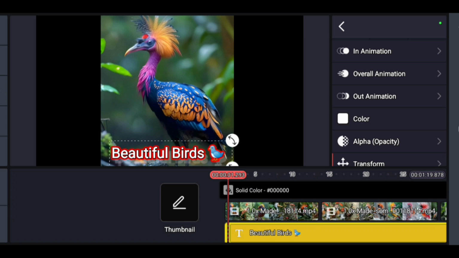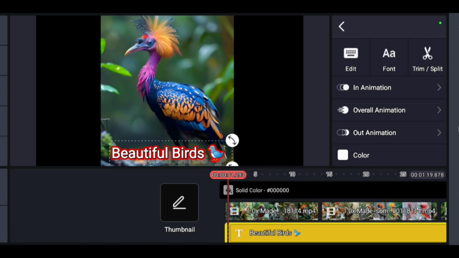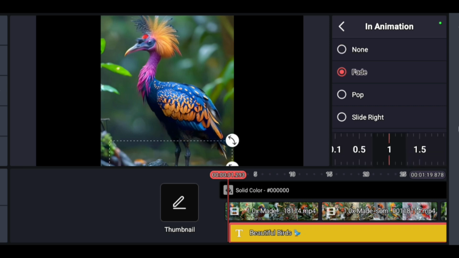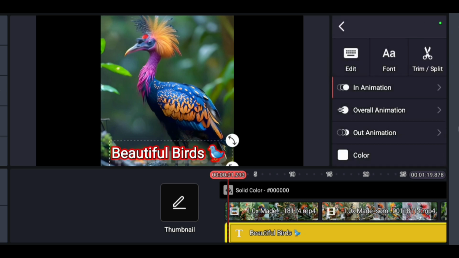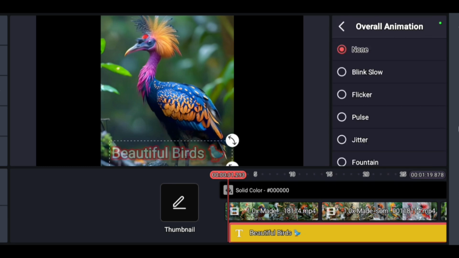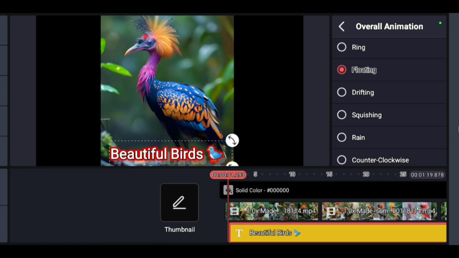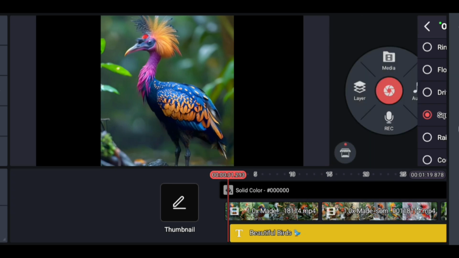And you can also add some animation. An animation means that it will animate one time, like this one, but if we want an overall animation, then we will select this one. For example, from here I will select this one, floating and squishing. So this one. So now if I play,